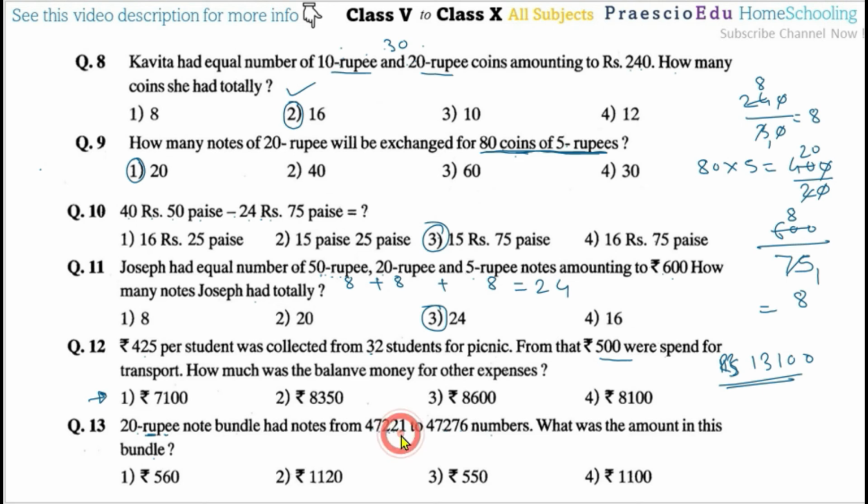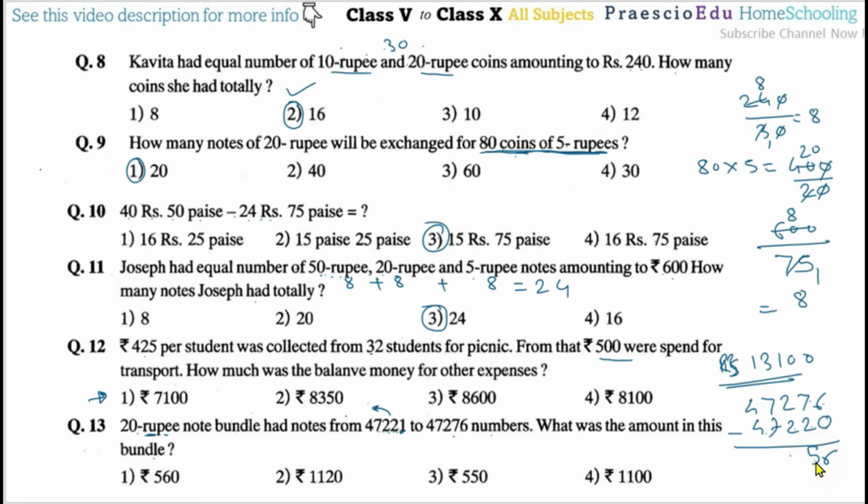So now this 221 number, that one also we have to count. So before this one there is 220. So from this number we have to deduct this number. So 47,276 minus 47,220, we have to deduct, because this 221 number also we have to count. So 76 minus 20 is 56, and then all are 00.